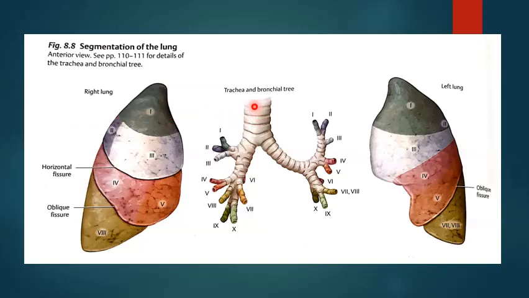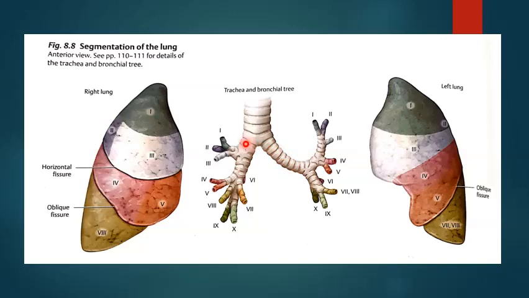As we have seen in the last part, the trachea at the level of the T4 vertebra bifurcates into a right bronchus and a left bronchus. These bronchi are called the principal bronchi or the primary bronchi. These primary bronchi enter the hilum or root of the corresponding lung, that is, the right bronchus on the right side, the left on the left side.